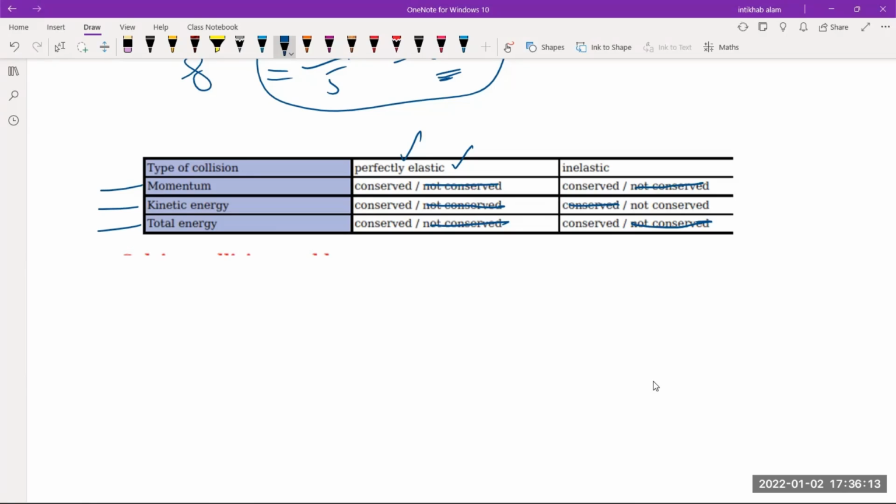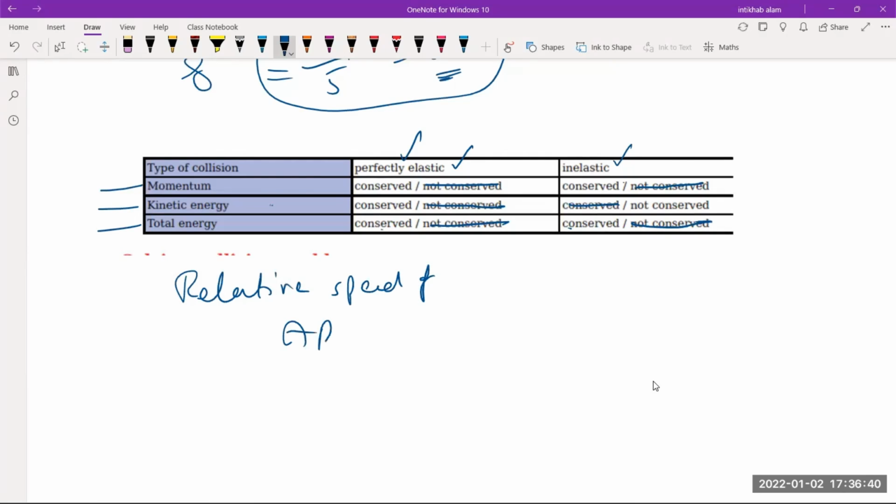ठीक है. Please remember कि जब भी टाइप्स ऑफ कोलिजन की बात होती है, परफेक्टली इलास्टिक कोलिजन में मोमेंटम भी कंजर्व, काइनेटिक भी कंजर्व. टोटल एनर्जी तो हर हाल में कंजर्व रहती है, और दूसरी बात मोमेंटम भी हर हाल में कंजर्व रहता है, चाहे इनइलास्टिक कोलिजन हो. लेकिन एक चीज है जो इनइलास्टिक में कंजर्व नहीं होती, और वो है काइनेटिक एनर्जी. और याद रहे, परफेक्टली इलास्टिक कोलिजन के अंदर एक और जो रूल है वो है रिलेटिव